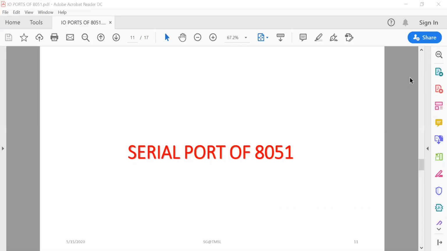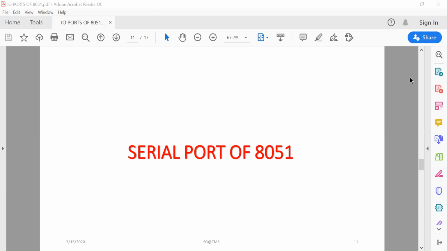It is not mandatory that if you write 0 or 1, like if 1 is written, it is used as an input port. That is not correct. For input operation, you can write it as 1 or as 0. For output operation, the same thing, you can write it as 1 or as 0, as per your requirement.